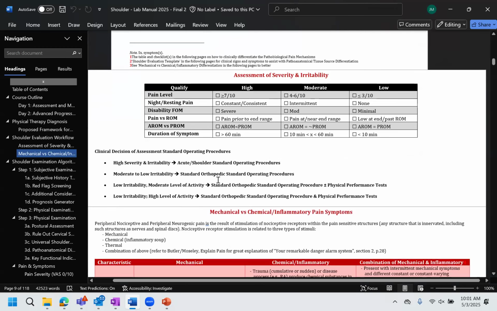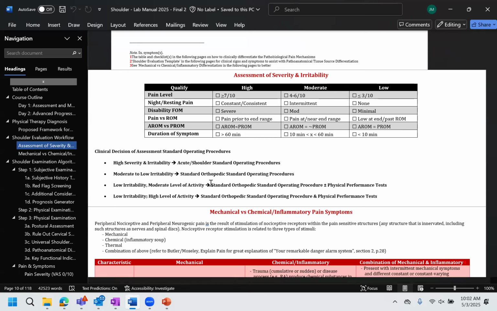And so that's kind of how I think through it. I'm sure we all have our unique means, but if they're high severity, I'm going to run my acute. If they're moderate to low irritability, I'm going to do my standard. If they're low irritability and a moderate level of activity that they're coming in with, depending on what their life endeavors entail, I may or may not do my standard orthopedic assessment, or standard operating procedure is going to be run,